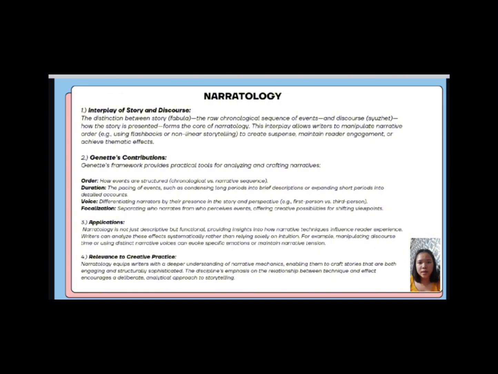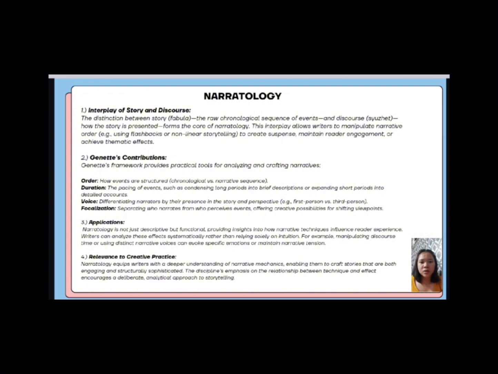structure, pacing, and perspective. For instance, should a story unfold chronologically or begin in medias res? Should a narrator reveal everything, or should readers discover details through a character's limited perspective? Writers can also use narratological insights to revise their work, ensuring that their narrative techniques align with the intended